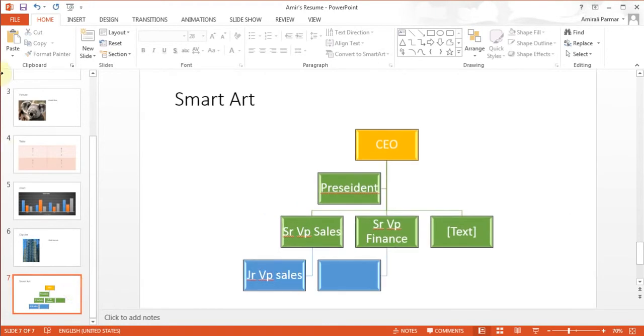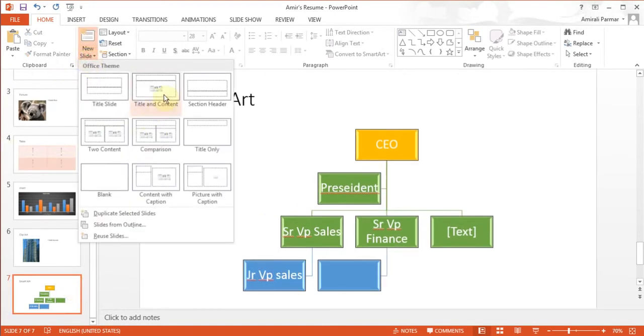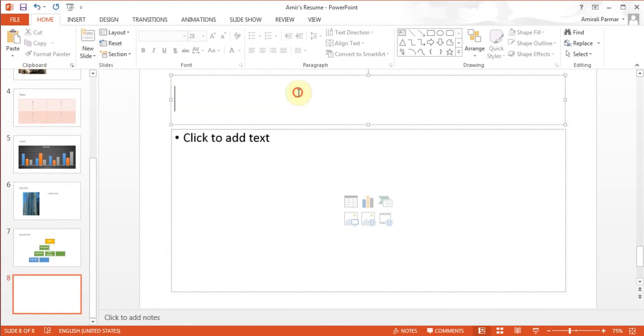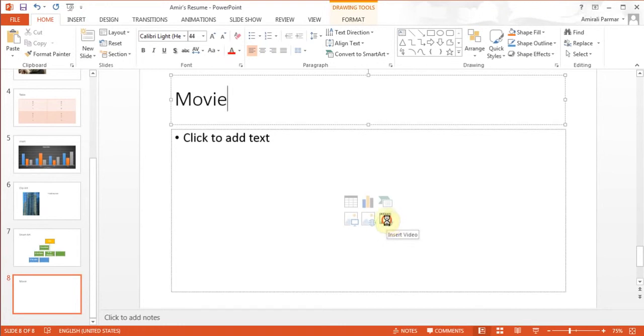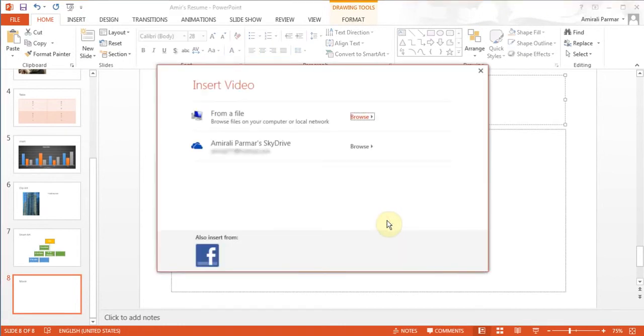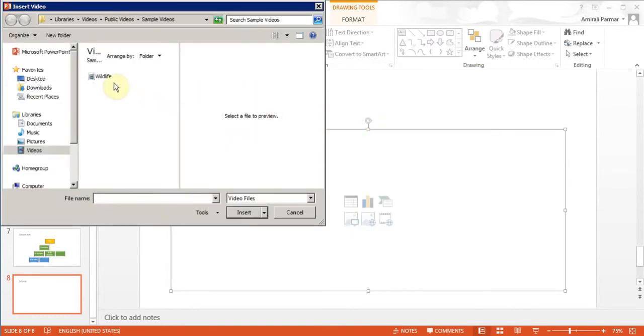I'll do one last slide, so I'm going to go to new slide and add a title and content, and in this one I'll show you how to add a movie. And there is a button here called insert video. I'll click it, and now I can insert it from my computer. So I'll browse from it, and you see there's a button to insert from Facebook, so you can do that. They also have the option for pictures. So I'll click browse. I'll go to where my sample video is. I'll double click on it,